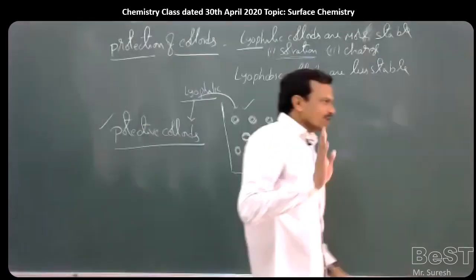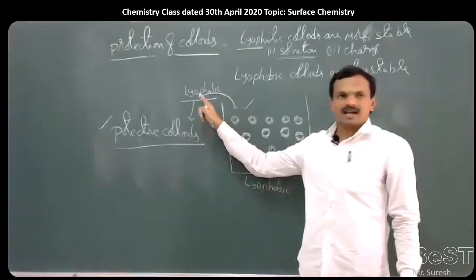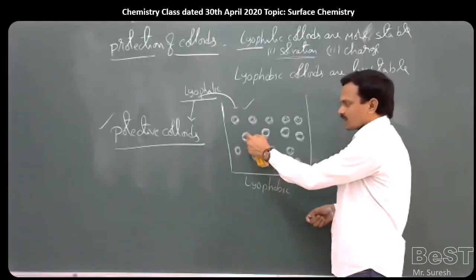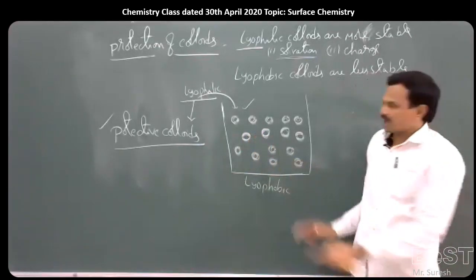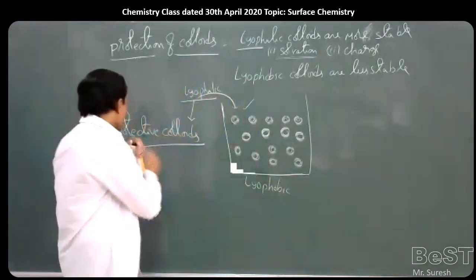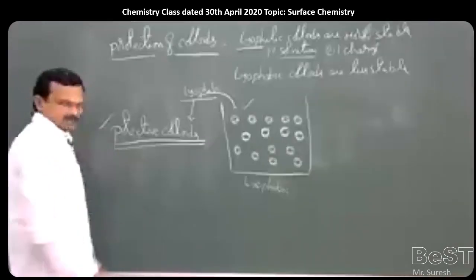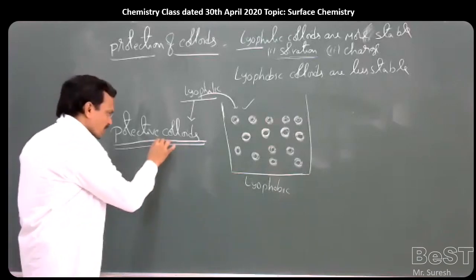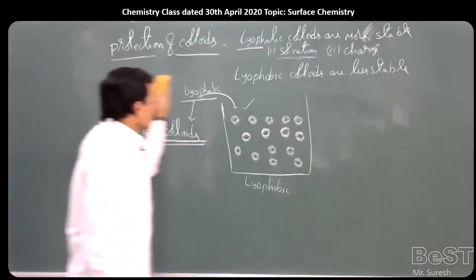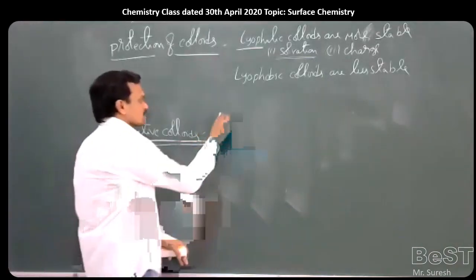So overall, lyophilic colloids act as protective colloids, and when added in small amounts to lyophobic colloids, they form a thin layer at the interface of colloidal particle and the dispersion medium and keep the colloidal solution stable by preventing coagulation. Like this, the lyophilic colloids we added here are called protective colloids. And this protective power of colloids can be explained in terms of gold number.